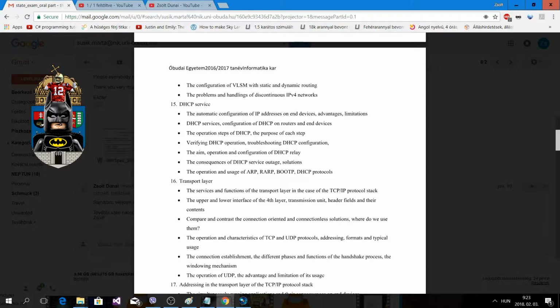And we have the well-known dynamic allocation, where everything is handled by the DHCP server, and in this case